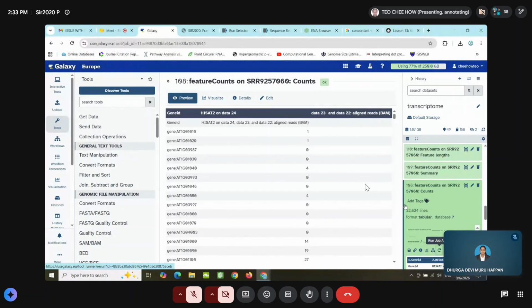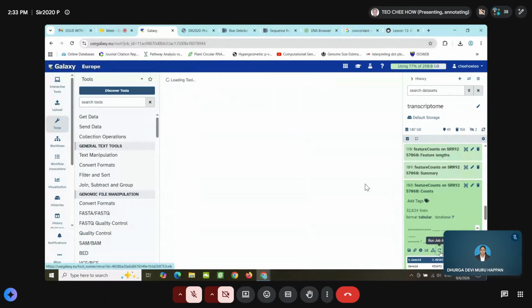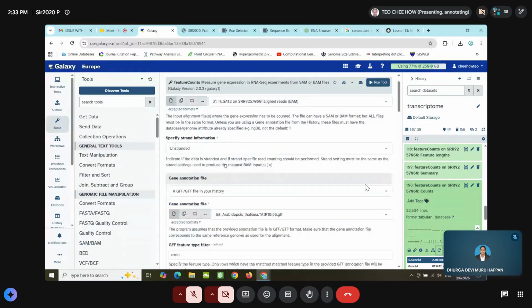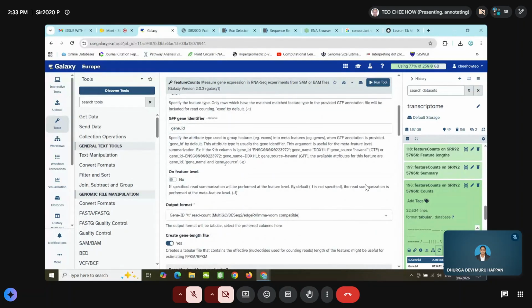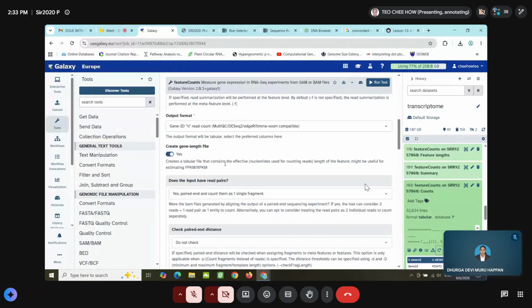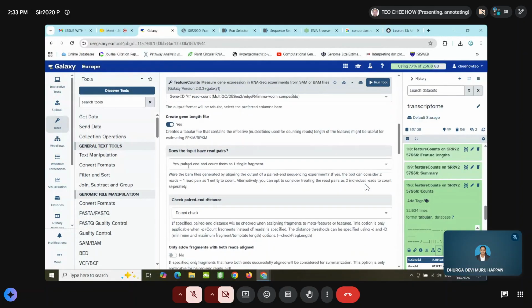I want to show you one of the important things when you do the feature count. There are 2 ways of doing the count, right? One is, since this is paired-end, you can count them as 1 fragment. So forward and reverse aligned to the same exon, you count them as 1 fragment.